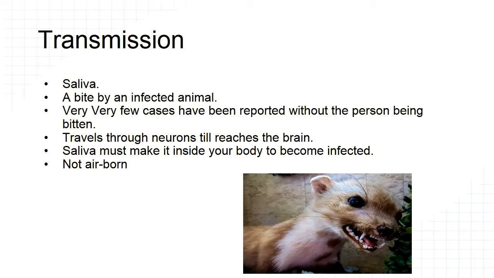So once the virus is transmitted to the muscle, generally through a bite, it moves to the nervous system until it reaches the brain. The incubation period can last up to 7 years, but it generally lasts about 3 to 12 weeks. And once the incubation period is over, the brain starts to swell and the virus moves to the salivary glands. But sometimes the symptoms don't show up for up to 5 days, but you're still contagious. So once the virus moves to the salivary glands, you can now infect others.